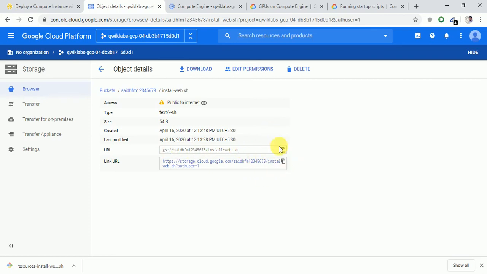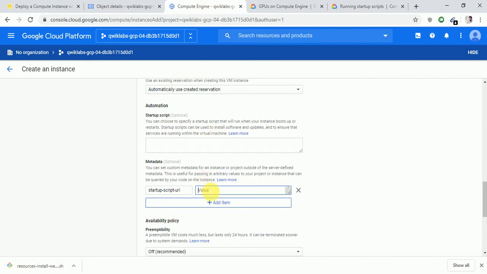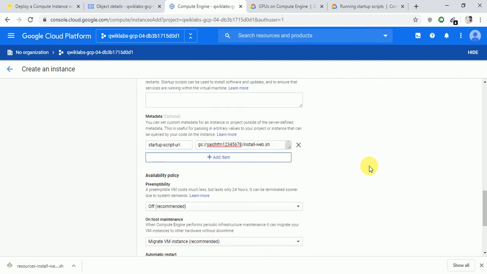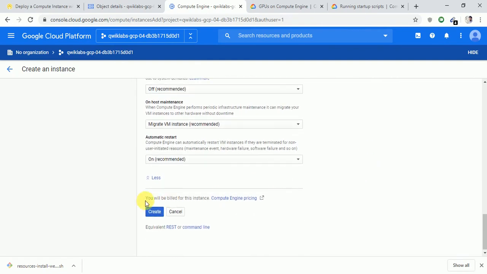You can give either one. The URL is publicly accessible because it's HTTPS. The URI is not publicly accessible. You can do any one of them. I'm giving this URI. Keep everything else as default, and let us create it.